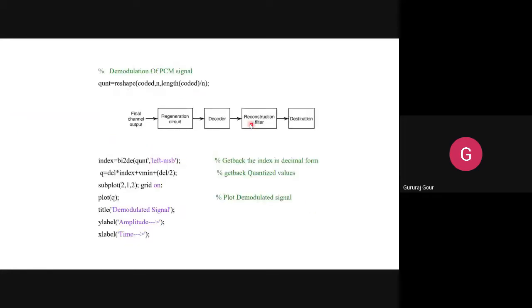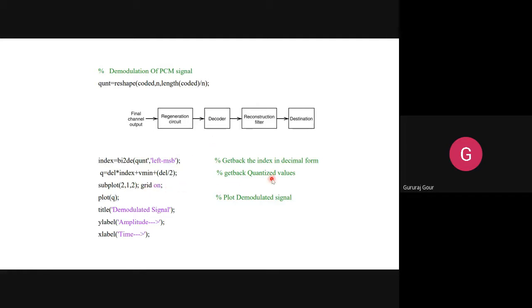Next, in the PCM receiver, that is demodulation, we reshape the signal that we encoded with n and the length of coded by n values, and convert binary to decimal, that is decoding.